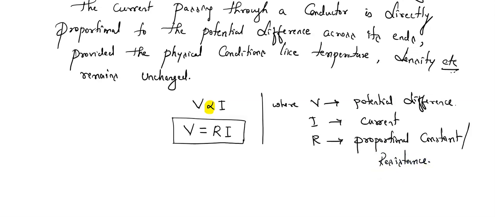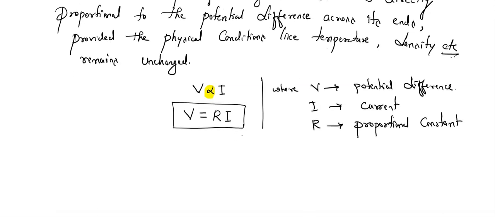Okay, any doubts? But here, don't take this word resistance; just take it as a proportionality constant. Later I'll tell you what exactly those things are. Did you understand? So if V increases, I also increases. If V decreases, I also decreases. So this is Ohm's law. I hope the concept is clear. You are supposed to write this much if they ask you to state Ohm's law.